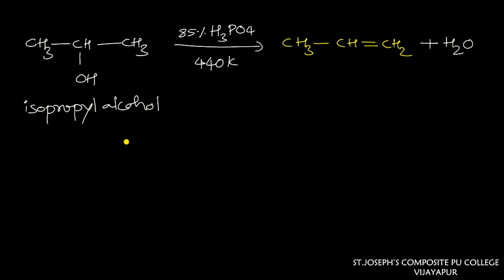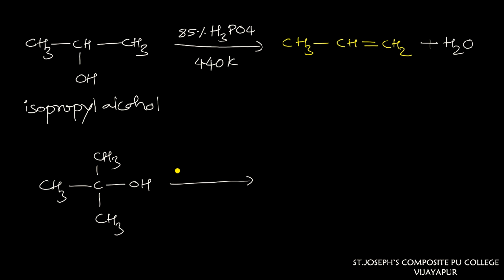When we use a tertiary alcohol, for example with CH3 groups and an OH, you have to use less concentrated phosphoric acid, around 20% H3PO4. The reason is that this molecule readily converts into a carbocation because it is a tertiary carbocation. If a positive charge is present on this carbon, that positive charge is diminished by three electron donating alkyl groups, and by that I get the product with a double bond, and the temperature we can maintain is around 358 Kelvin.